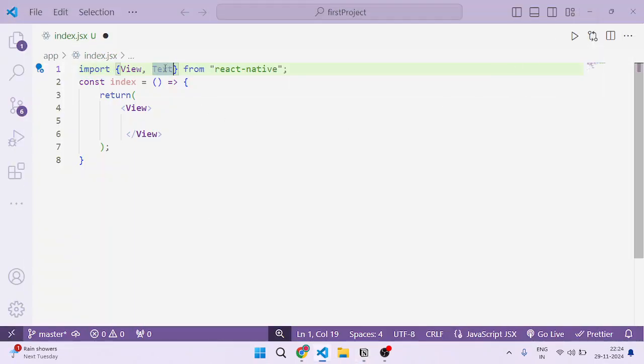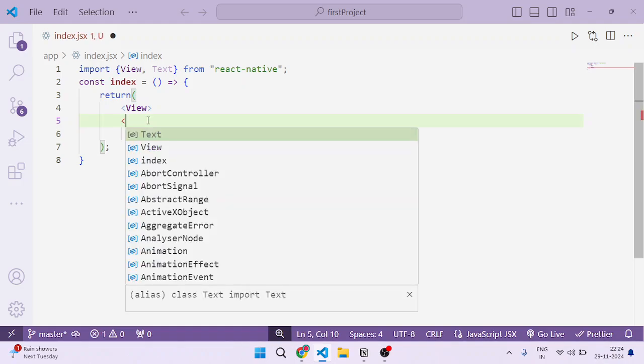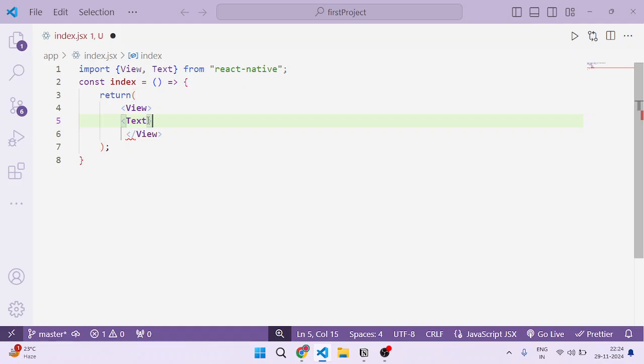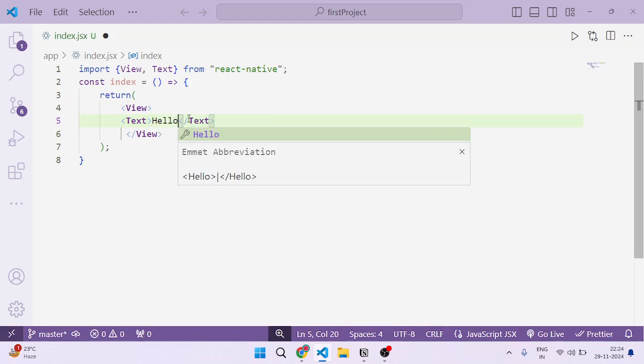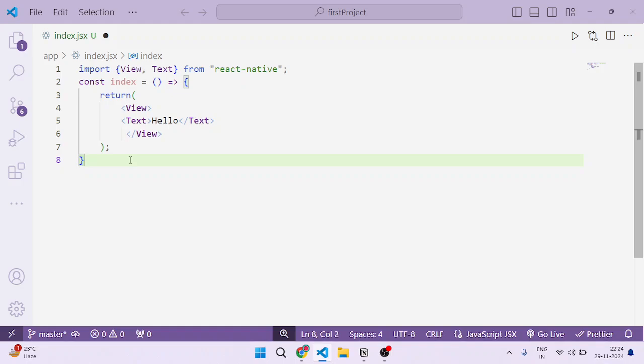So we just imported text in the first sentence. Now get inside the view tags and type text inside the angular brackets. All right, once you close it, the closing tag is automatically generated. Now, whatever you give inside the text tags will be displayed on the screen. I simply type the word hello. And now you need to come out of the curly braces and click on enter so that a new line comes up. Now type export default